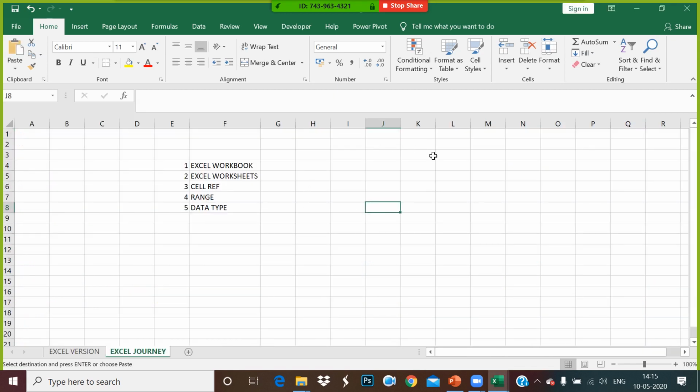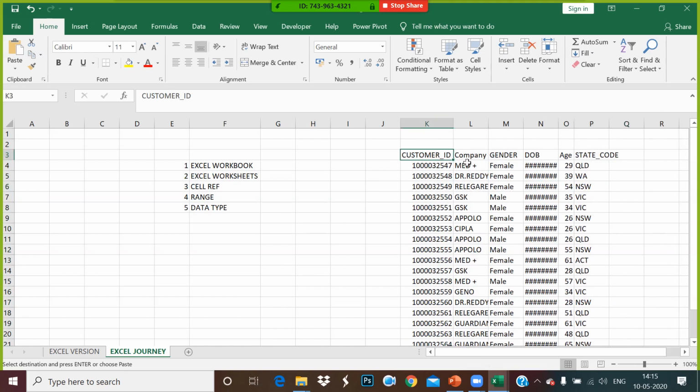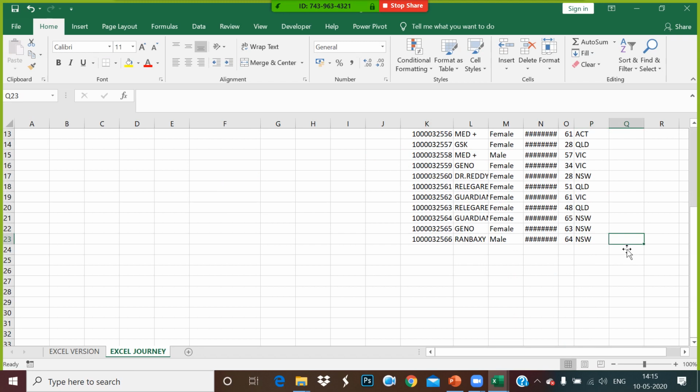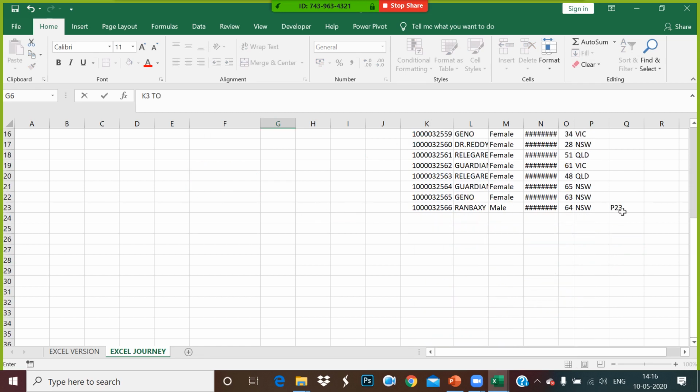If I copy this data and paste it here, to read this data, we say the data starts from K3 as the cell reference and goes till P23.